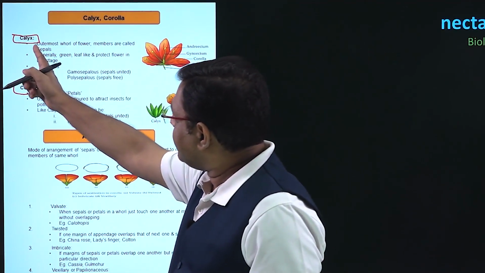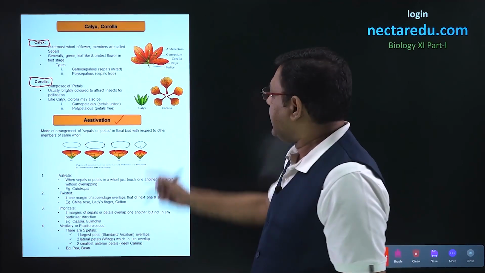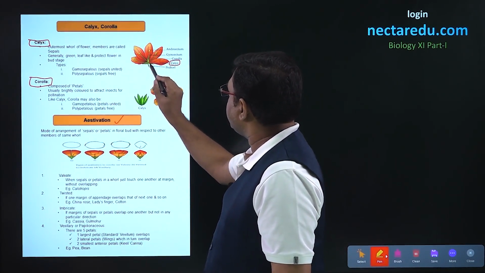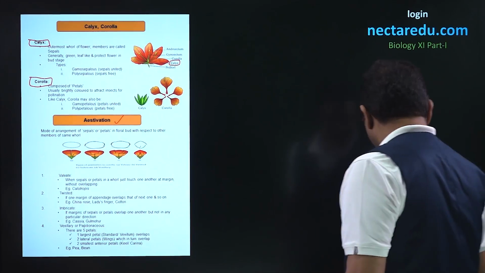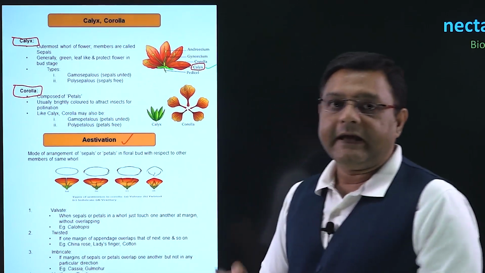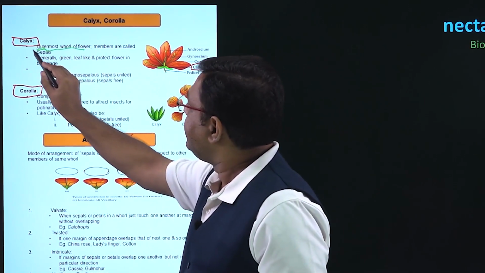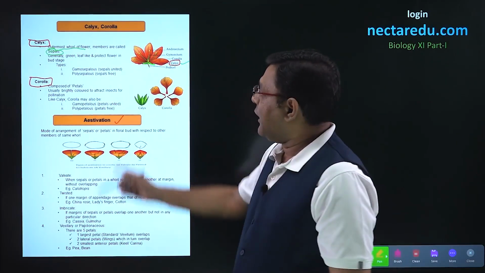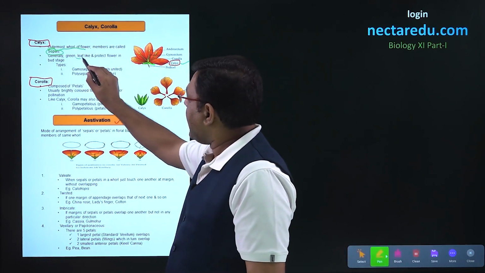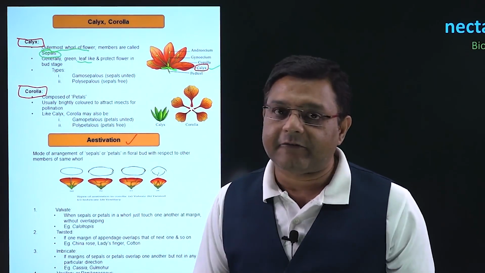Now, talking first about the calyx, this is the diagram of a typical flower. In this case, the outermost whorl, we can see the greenish part that is present here. This greenish part is the calyx. Calyx is the outermost whorl of flower and commonly we call it sepals. Now, these sepals are generally green in color. These will look like leaf and the function of sepal or calyx will be to protect the flower when it